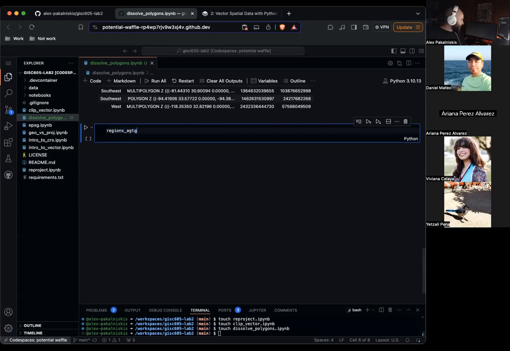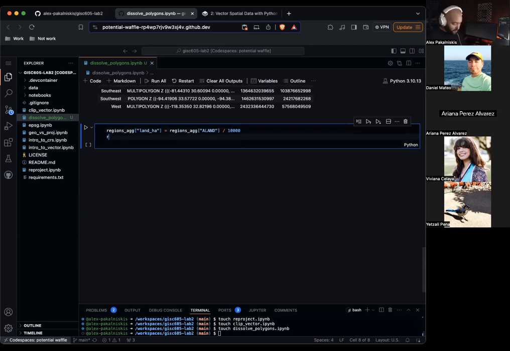So we'll do regions_agg, land in hectares, equals regions_agg area land divided by 10,000. Similarly, we'll do regions_agg water hectares with a similar conversion.